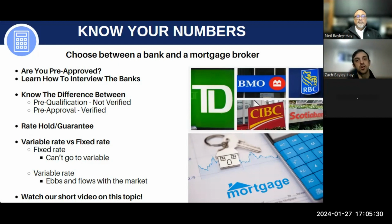So now the mortgage broker has the options to lay out for you to choose which fits you best, as opposed to you having to try and fit into a bank's situation. You may end up with a bank, right? That's totally possible through the mortgage broker, but you're not trying to fit into them. People are coming to you based on what your profile is, and we think that's a very important distinction and